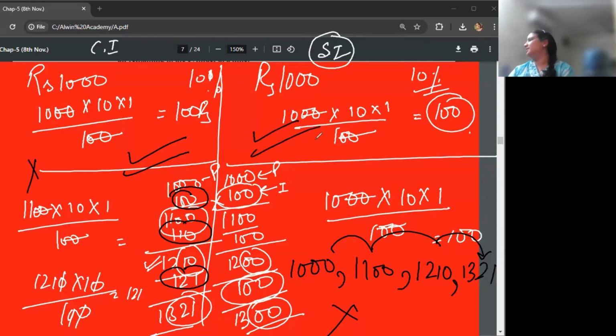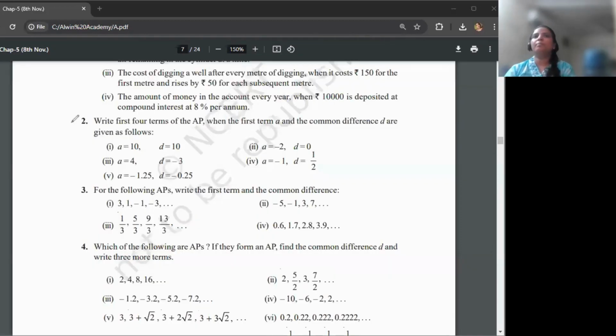Simple interest, yes, that is an AP. आया समझ में? आगे चले बच्चे, नेक्स्ट क्वेश्चन पे डिस्कशन करें। तो कंपाउंड इंटरेस्ट इज नेवर एन एपी बिकॉज 8% ऑफ द प्रिंसिपल would change every time because your principal is also changing. अभी मुझसे दोबारा कोई नहीं पूछेगा, ठीक है? ओके, चले आगे।